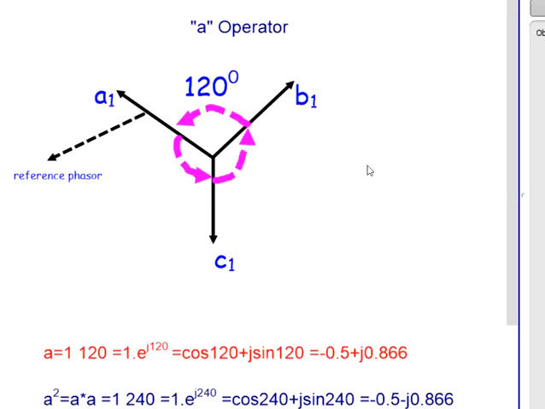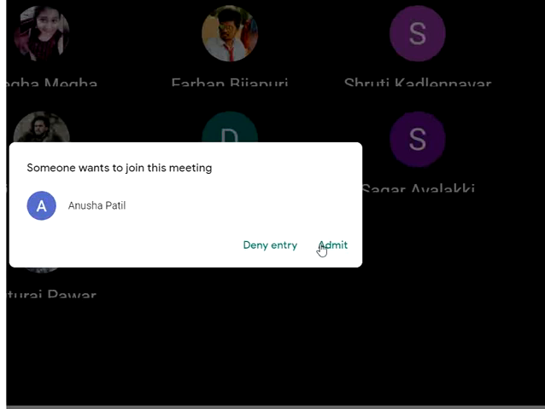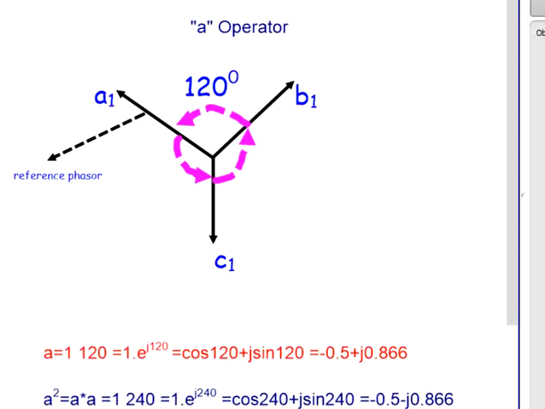In symmetrical components, I want to represent this in a common format, either in A or in B or in C. I don't want to use all of A, B, C. Either I need to represent everything in A terms or all in B terms or in C terms. Basically, why are we using this operator? It is convenient to have a shorthand method of indicating the rotation of a phasor through 120 degrees. The letter A will be used. In some books they use alpha, and in some books they use lambda.